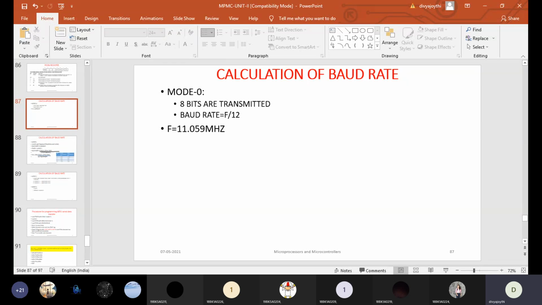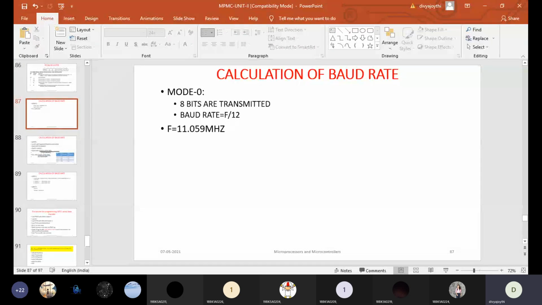And as we are discussing serial port communication with reference to the 8051 microcontroller, as you all know, in order to maintain serial communication, the serial port which comes inbuilt with the 8051 microcontroller will operate in four modes. They are mode 0, mode 1, mode 2 and mode 3. And this mode of operation is selected by the SCON register. We have seen all these things in the last class.